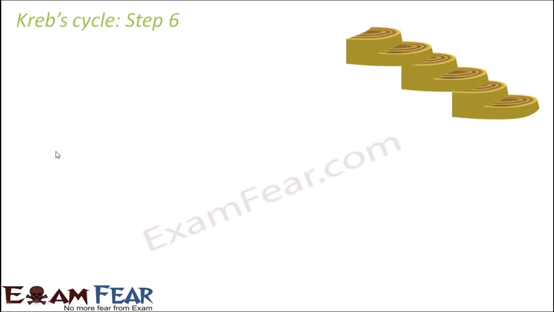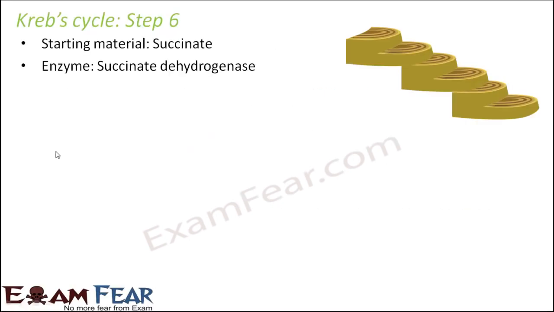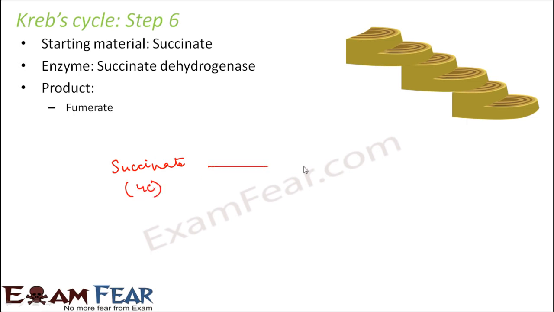Let us see what happens in the next step. With succinate, in the presence of the enzyme succinate dehydrogenase, the product formed is fumarate or fumaric acid. So you start with succinate, which is a 4-carbon compound, and you form fumarate or fumaric acid, which is again a 4-carbon compound, and during this process